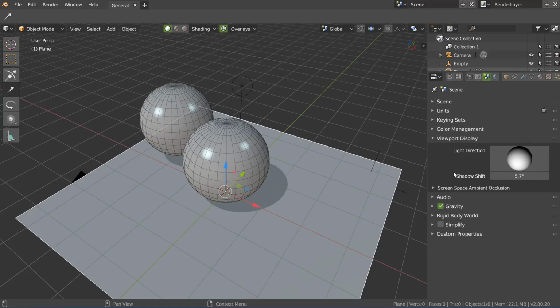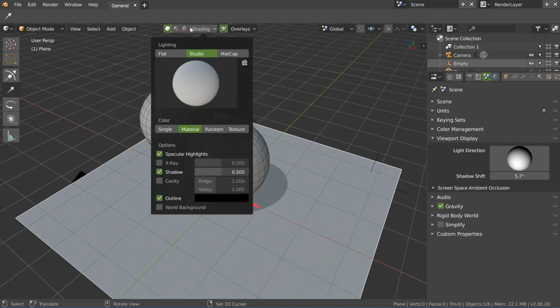And all things like this are what people disliked in Blender 2.79, because everything is in different parts. Since we have all of this here, why not put everything here? Why put it here? This is bad. So that's it. Same for cavity.